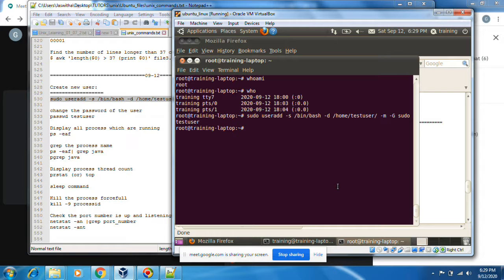Now I want to create a password for this user. Just do passwd. Password created successfully. Now I am going to test user.